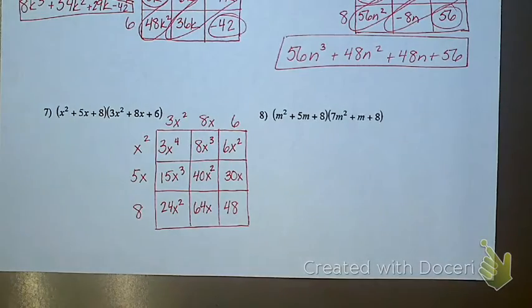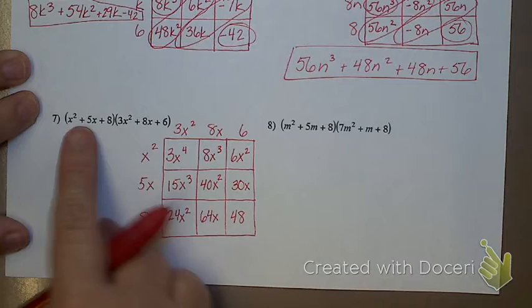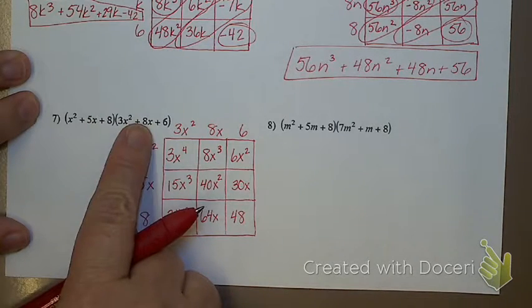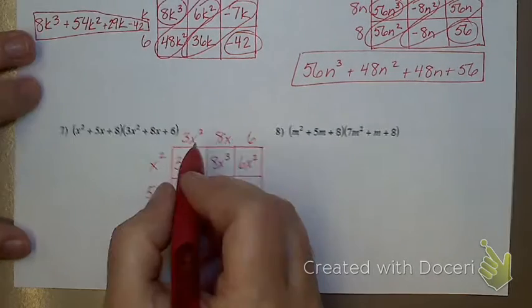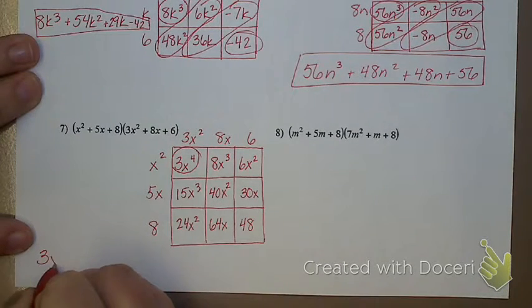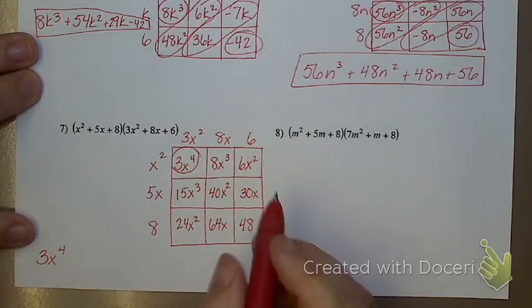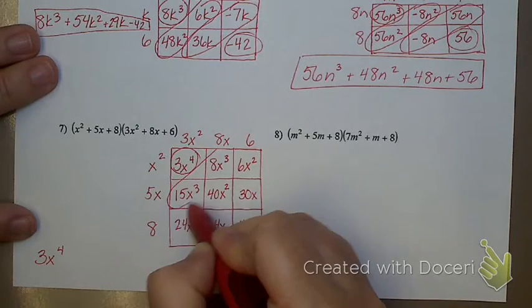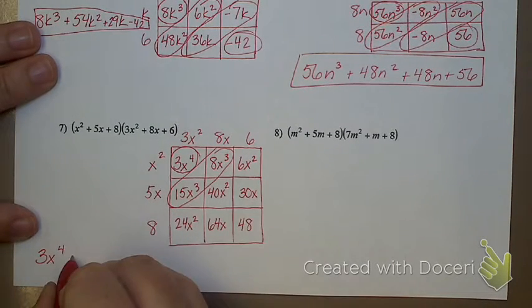My like terms should still be on the diagonal. As long as these guys were in standard form, my diagonal should still have everything in standard form for me. So let's see, I have 3x to the 4th. Right down here so I have some room to write it. Here's my x to the 3rds, 15 and 8. That would be